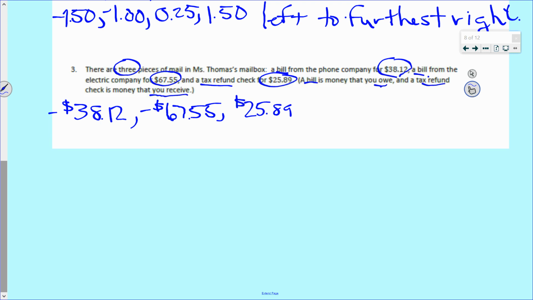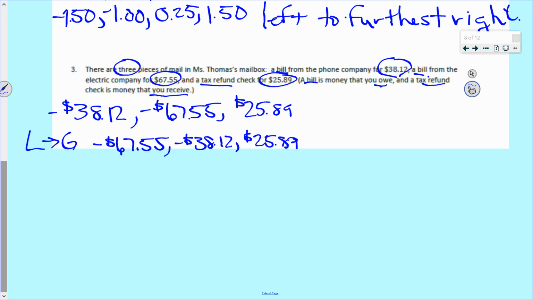Put it in order from least to greatest, because we have the same directions we had. So, which of those numbers is the smallest? Negative 67.55. That's why you were messing me up, I was like 38. It's 38, not 68. Our next negative, because we only have one other negative left, negative 38.12. And then our positive will always be bigger than any negative,